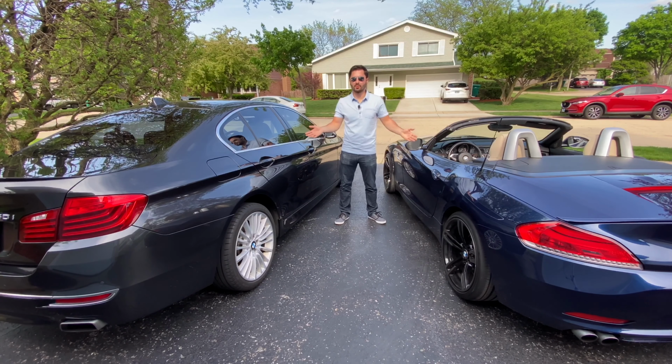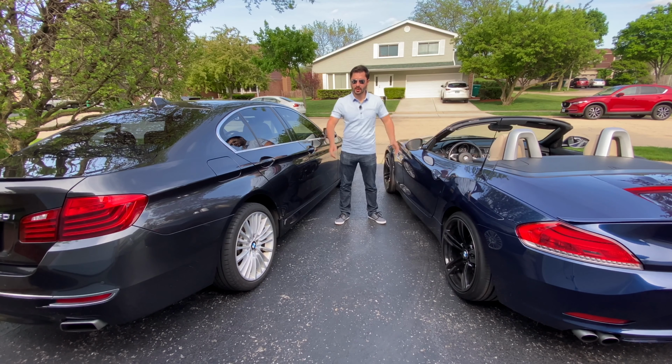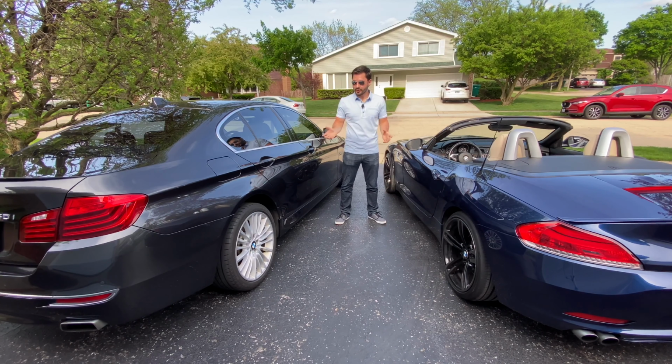Some of the other preventative maintenance items that I like to do on my cars is to use touchless or brushless car washes. Now this isn't something that you have to do, but I really like the idea of getting all the salt in the winter and the grime and dirt in the summer off of your car. It will allow your car to be, first of all, cleaner. You won't have to wax and polish your paint as much, but also